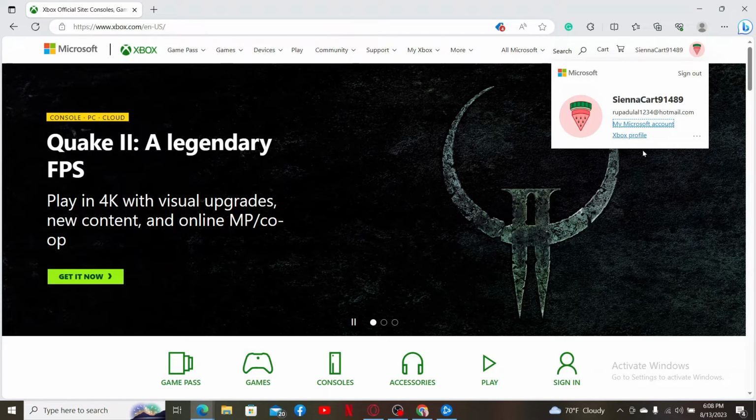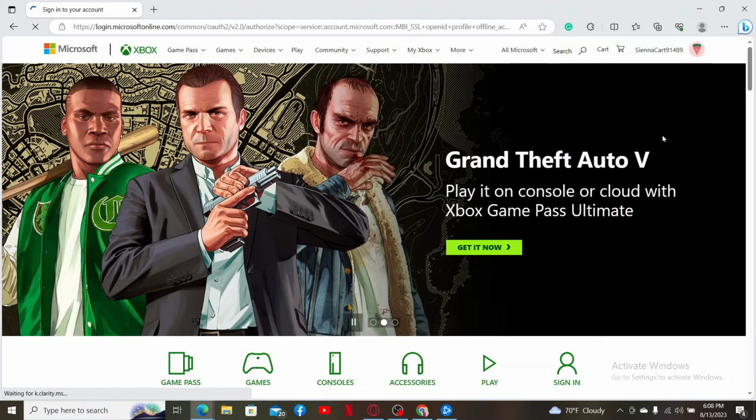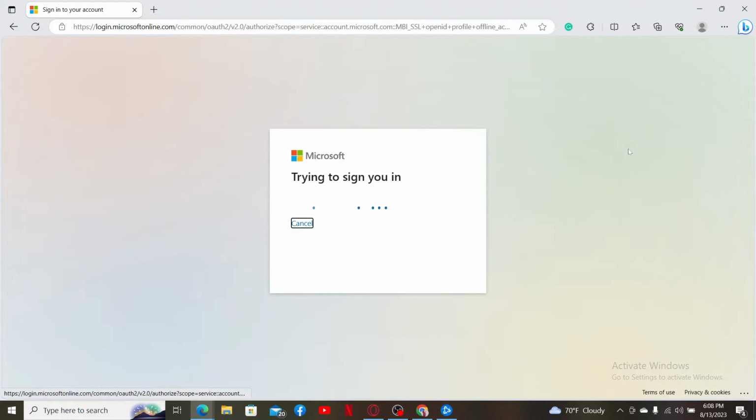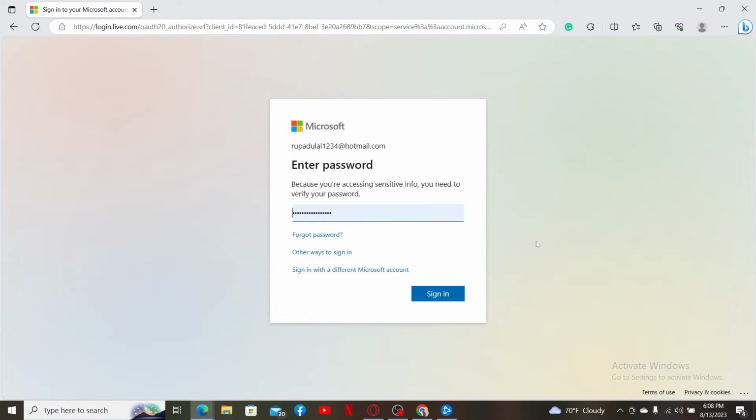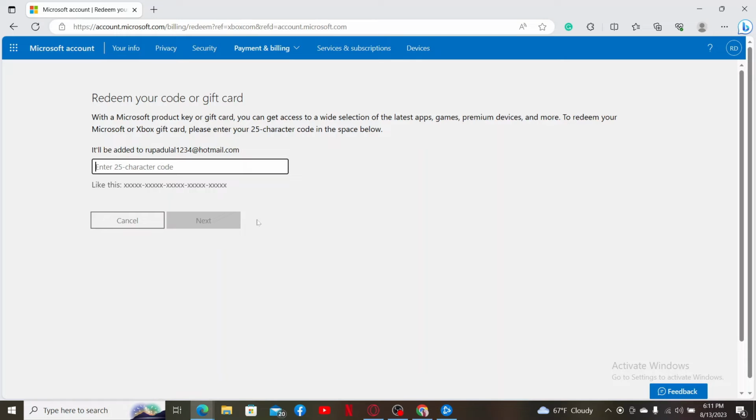In the pop-up, click the three dots right next to Xbox profile. Now click on Redeem Code in the pop-up box and then you'll end up in this page where you'll need to sign into your Microsoft account. Make sure to sign into your Microsoft account as well, and then after you're logged into your Microsoft account, you'll